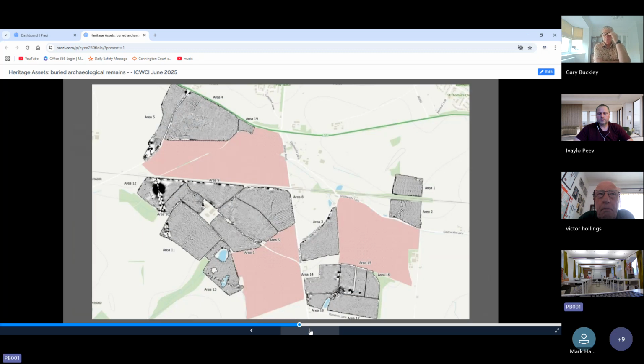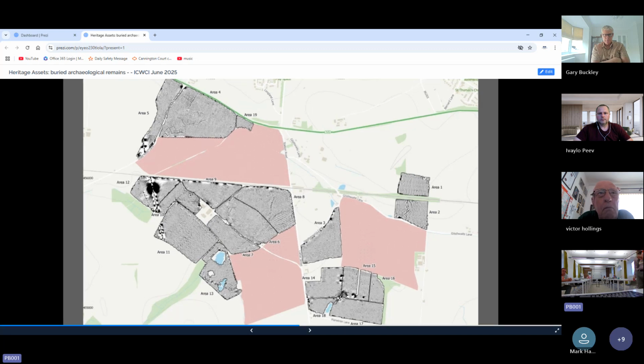In this particular example, this is our site up in Yorkshire near Harrogate again. We can see these grey plots on this figure. Ignore the pink areas. The pink areas are where the farmers didn't allow me to go on and do my survey work. But the grey areas, I'm going back to do those pink ones in a few weeks, but these grey areas here were surveys that were undertaken a couple of years ago, and for the most part, they didn't reveal anything of great interest. They showed these streaky lines you might be able to see in the middle, and those in the room might be able to just pick them up there, but where it says about area 8, in the middle there, we've got some lines of what were former